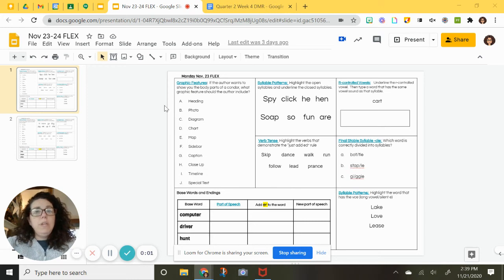Today I'm going to be going over Monday, November 23rd flex. This is an all review flex. There is nothing new on here. It is all review. I'm going to start by making my screen